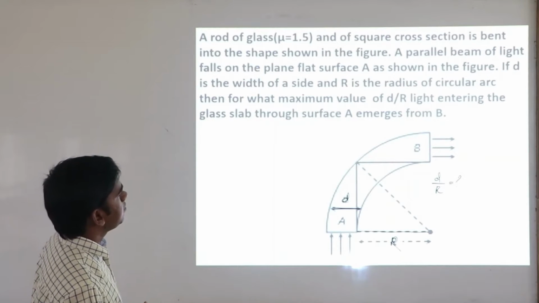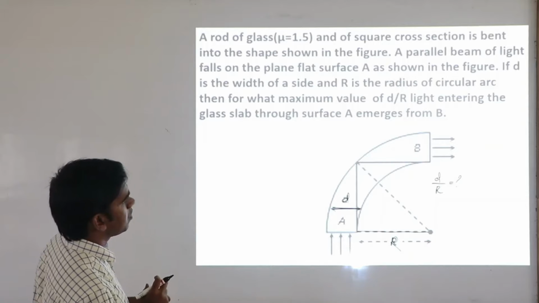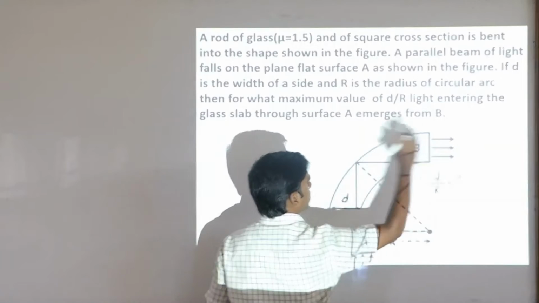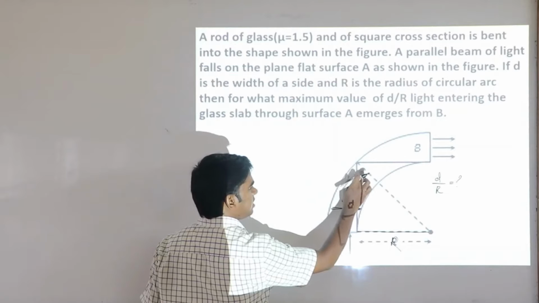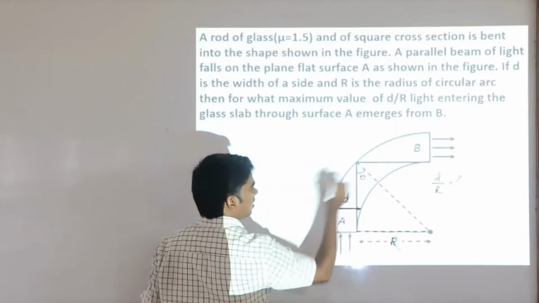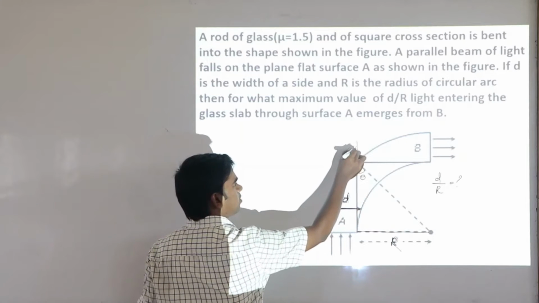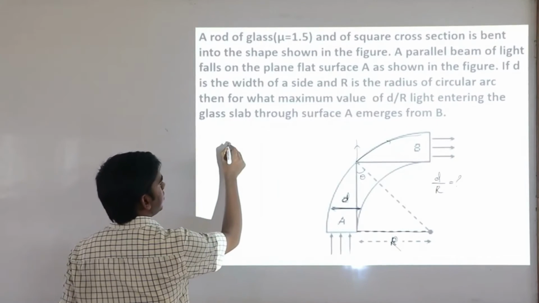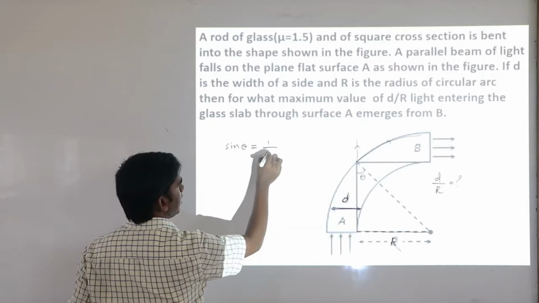with what condition? With the condition that the ray should come out from the B surface. If a light ray enters A, it should come outside. So when it should come outside, if and only if this angle, if I take this angle as theta, if it is less than the critical angle, so what will happen? The ray will go outside. But we don't want that one. At least it should come here. So if that is the condition, your theta should be what? Your sine theta should be equal to what? It should be equal to 1 divided by n.